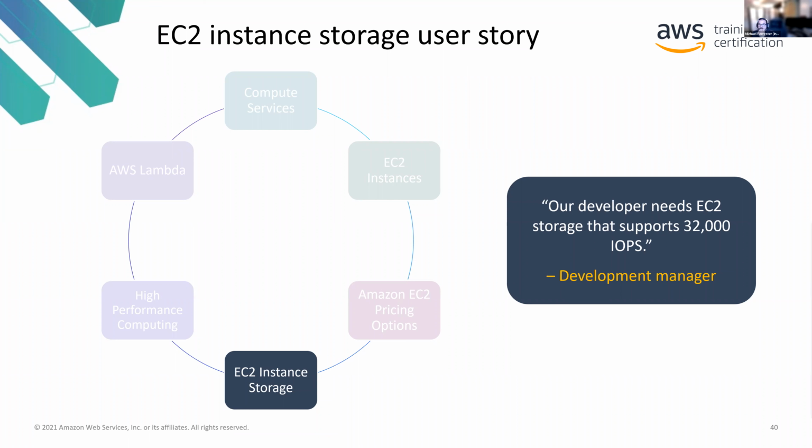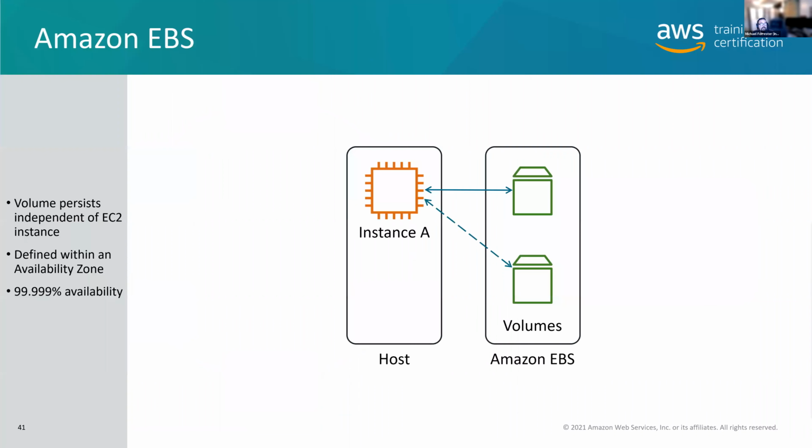Okay, now let's say someone comes back to you and they're not concerned about cost, but they say, I need something that supports 32,000 IO per second. Cool, because that's a disk drive, right? Well, the first thing you need to know is that Amazon has an elastic block store, which is its own virtual hard drive service. This is the predominant way that 99.9% of us use AWS. We do not use what's called instance storage. We use EBS storage to back that up.